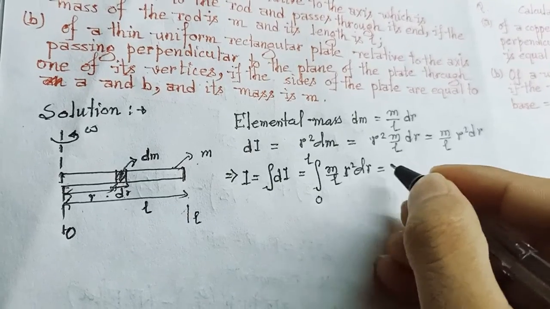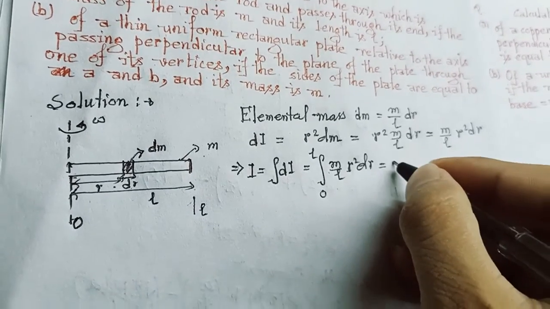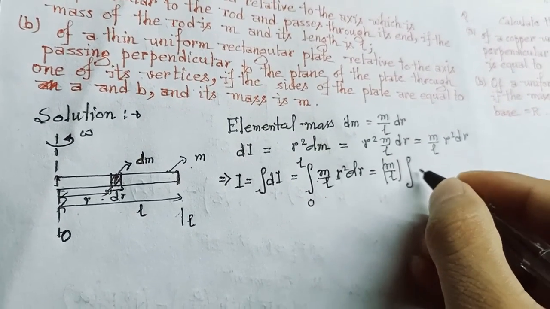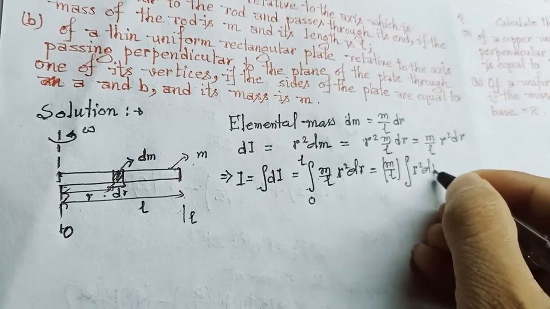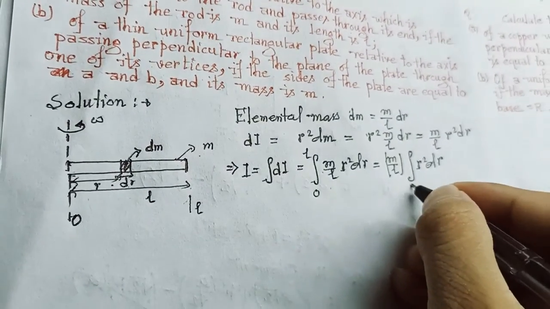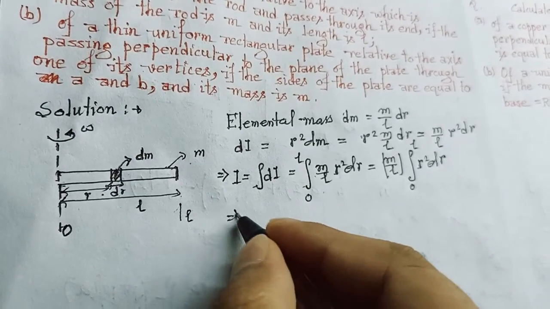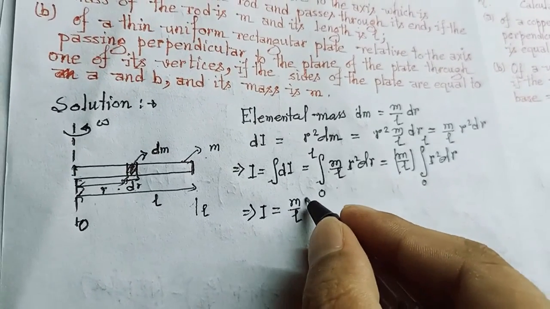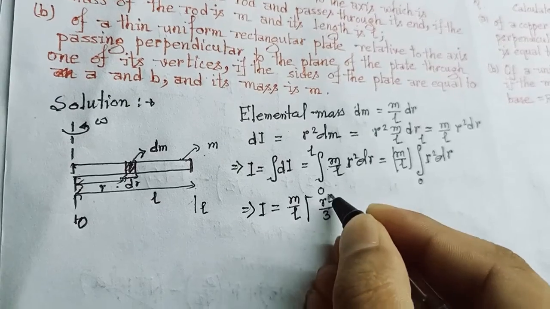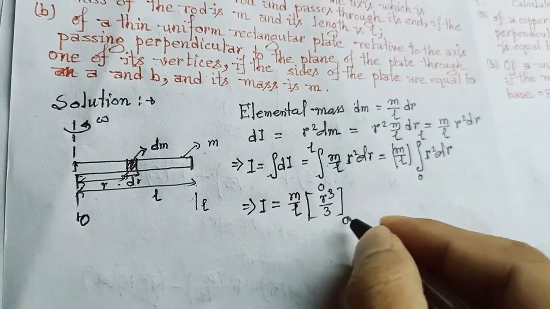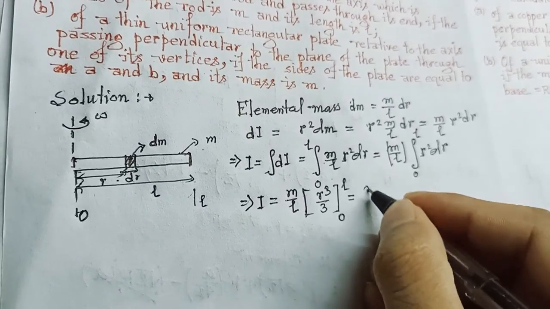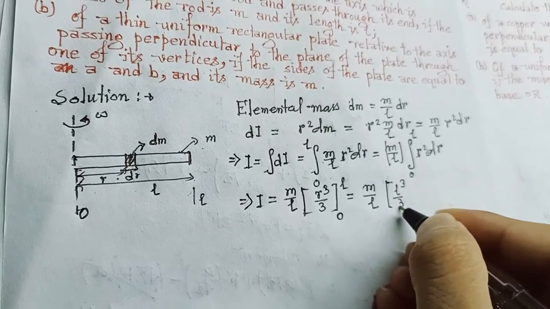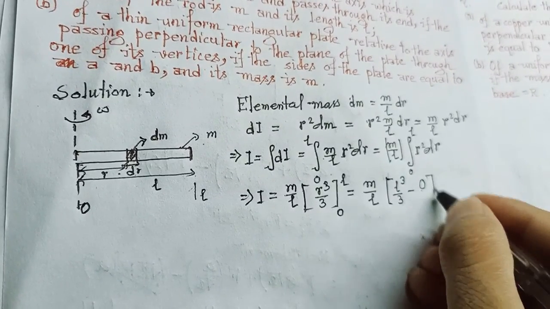So if we carry out the integration, as we know m is constant and L is constant here, so m divided by L will come outside from the integral and our remaining term is r square dr. So integration of r square dr with the limit 0 to L, I will be equal to m divided by L into the integration of r square dr, which is r cube divided by 3, and its limit is from 0 to L. So our integral is m divided by L into L cube divided by 3 minus 0, which is equal to